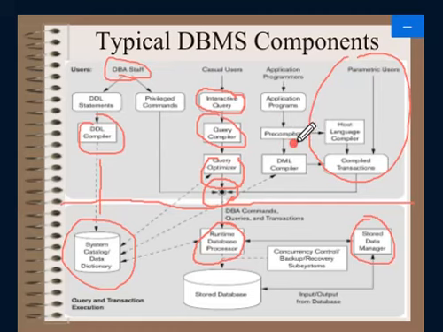What will this pre-compiler do? It will extract the DML commands, and the DML commands will be given to the DML compiler. And the remaining host language, that means C programs or C++ or Java, will be given to the host language compiler. If the high level language is C, it will be given to the C compiler. Java means it will be given to the Java compiler. DML commands will be given to the DML compiler. Hope it is clear for you.